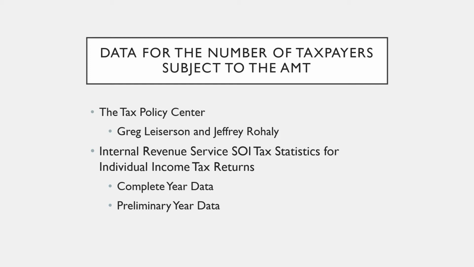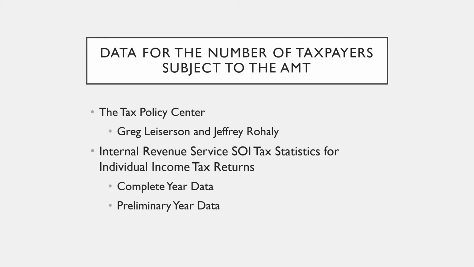And the article discusses the individual alternative minimum tax historical data and projections from 1970 through 2018. However, the historical data only applies to years 1970 through 2008 because the last time the article was revised was the end of the year of 2008. So that's where I had to go into the Internal Revenue Service SOI tax statistics for individual income tax returns.